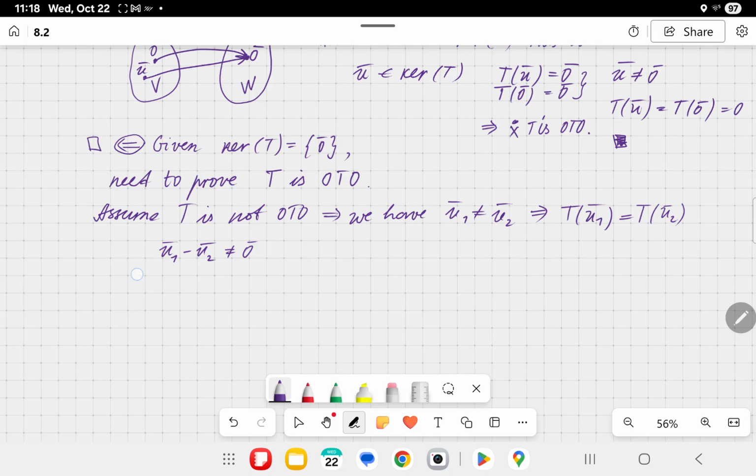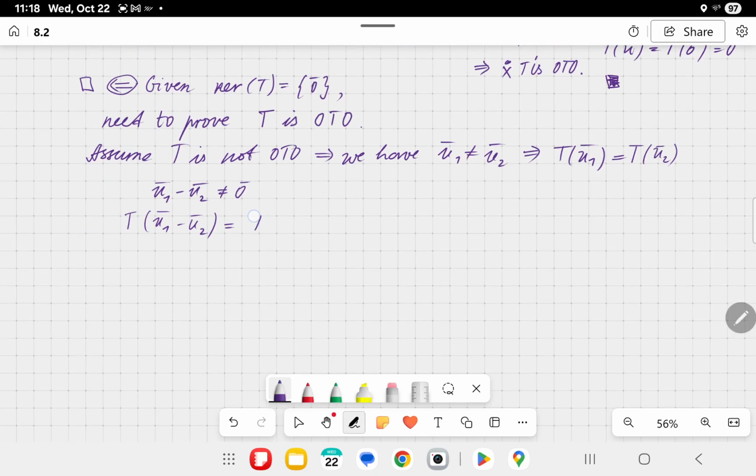I'm going to apply the transformation to this difference. The transformation of u1 minus u2 is going to be what? First, I'm going to apply the theorems we proved about transformations, that I can consider it as a difference of two transformations. Now, what is the transformation of u1 and the transformation of u2? Because they are equal, I'm going to write down T of u1 minus T of u2 equals 0. Just because they are equal, from this follows this, which means that the difference between them is going to be 0. So what I see is a transformation of some non-zero vector